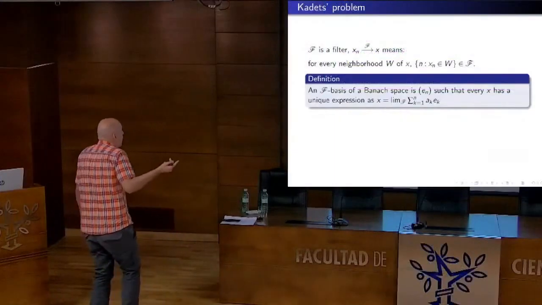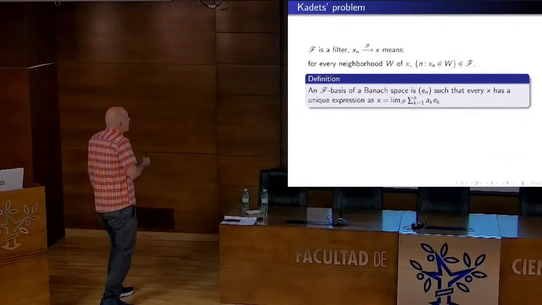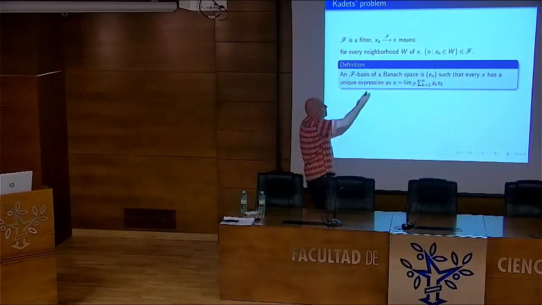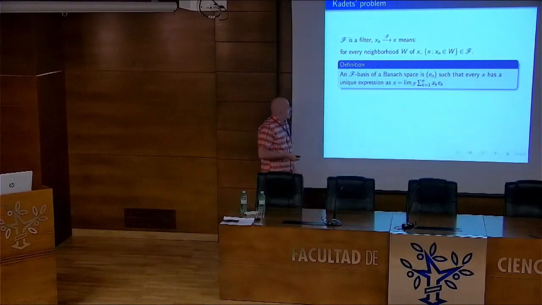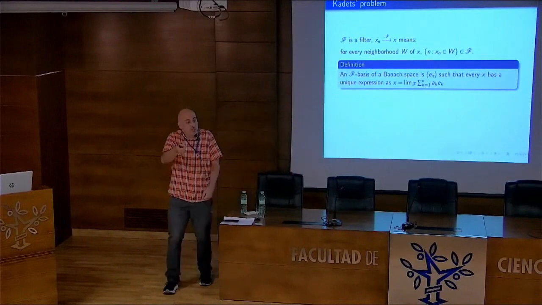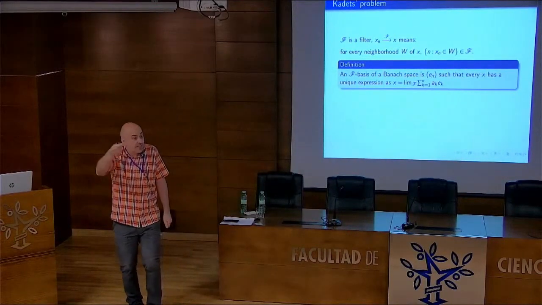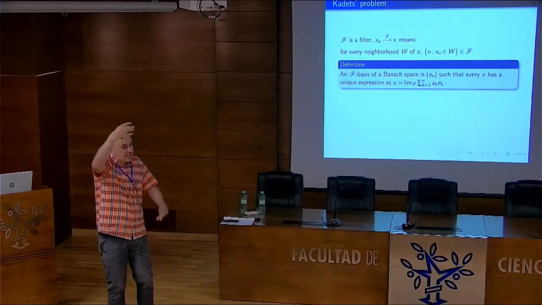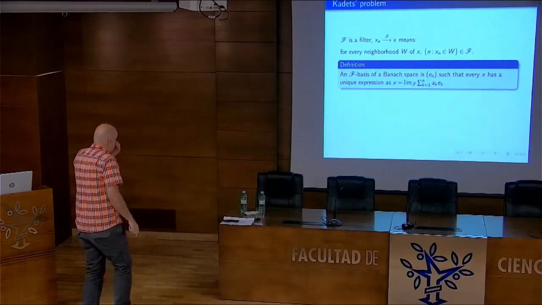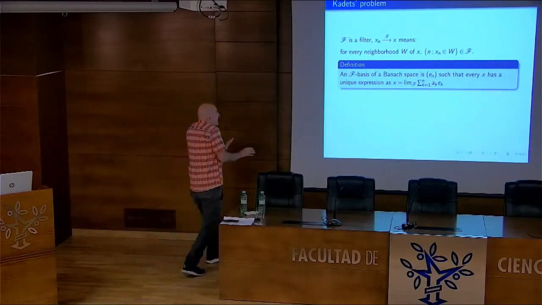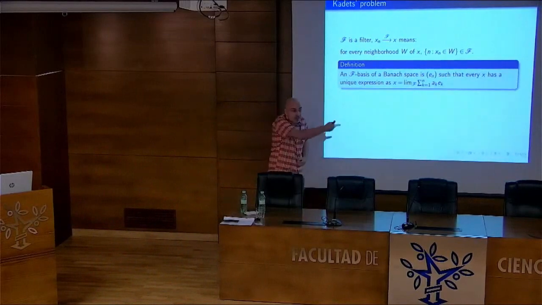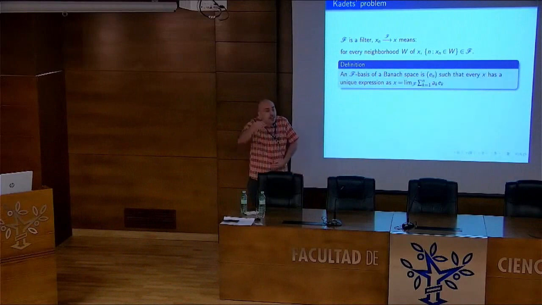And then simply, if you fix a filter F, you would call an F-basis of a Banach space a sequence of vectors so that one of the ways of viewing a Schauder basis, for instance, is that every x is expressed as a series with some coefficients in a unique way. And then, starting from that definition, you can prove all the other properties of a Schauder basis. So he just changed that the convergence in the series, in the limit of the partial sums, is filter convergence.